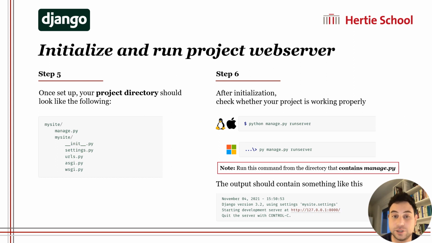After initialization, you're going to want to check whether or not your project is working properly. You can do this in a really satisfying way by going to python manage.py runserver. And this sets up the first web server to access the admin end version of Python using the admin credentials. Then you'll get an output like this at the bottom of your screen, and you can follow the http